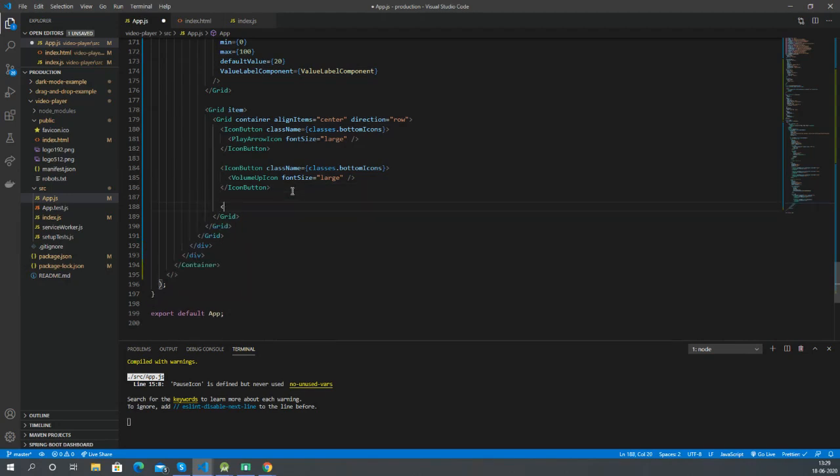Now we need a slider for the volume control. So we'll add a basic slider. Give it a min of 0 and max of 100, and a default value of 100.